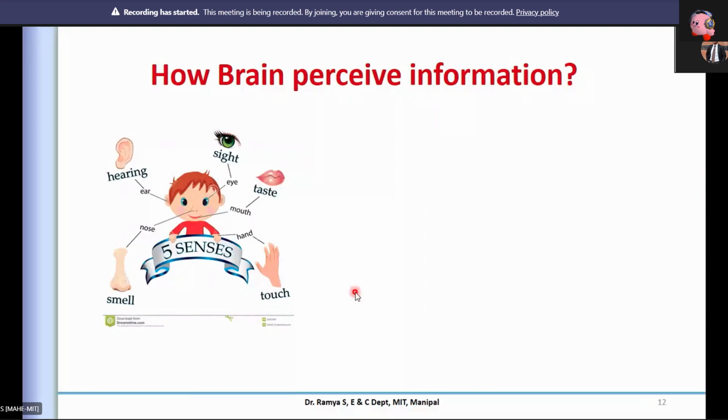Now today we'll talk about how we perceive the information. If I call this a data, this is a data collector, a sensor for me, right? So though I have the same data, do we perceive it in the same way? It is not. For example, a small kid is walking through the road, and the reaction we have for that particular kid may be different.